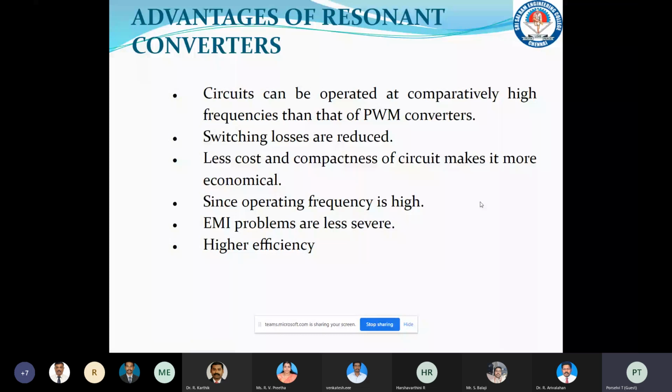You can see that the inductor LR is connected in series with the switch S, and we have the capacitor CR, which is the resonant component here. For the M type converter, we connect the capacitor across the series combination of the switch and LR. Again, the L and M type can be half wave or full wave. For half wave, the current flows in only one direction, and for full wave, the current flows in both directions.